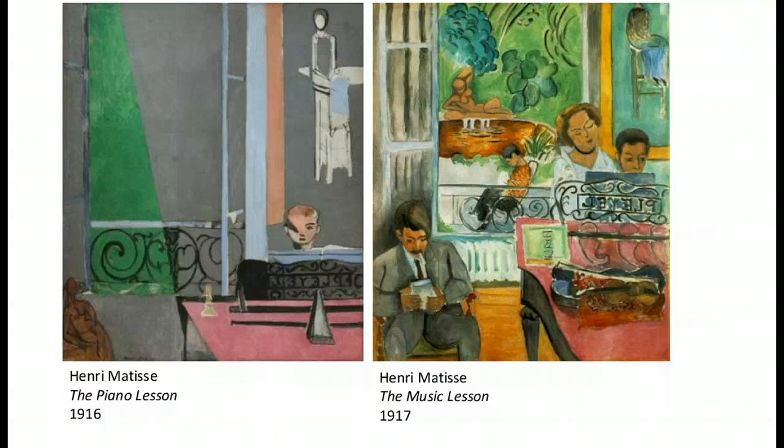By 1917, however, as I was saying earlier, the full brunt of the war had come into people's minds. And so what we witness in France is something that's referred to as the return to order, where the avant-garde put down its aesthetic armaments, and they decided that they needed to reinforce the traditional characteristics of their society. And so by 1917, Matisse gives us a lot more information in the depiction of the same situation.